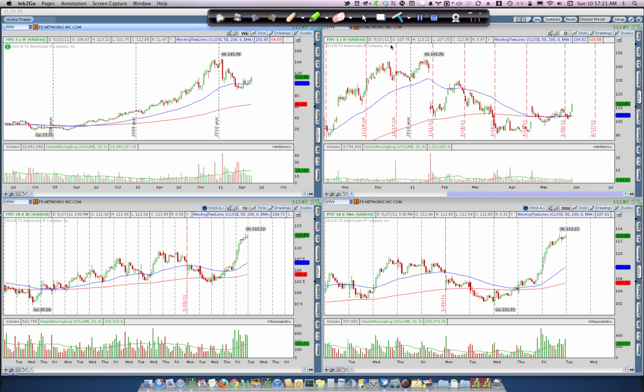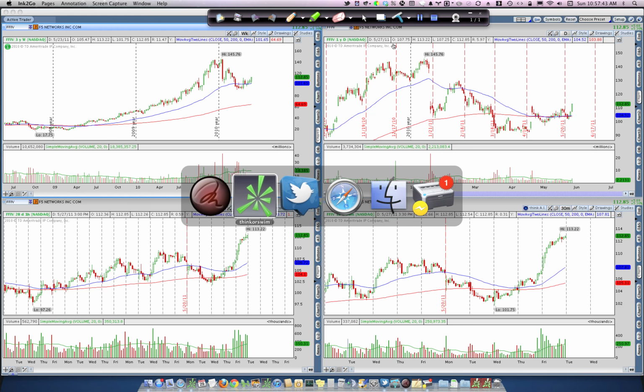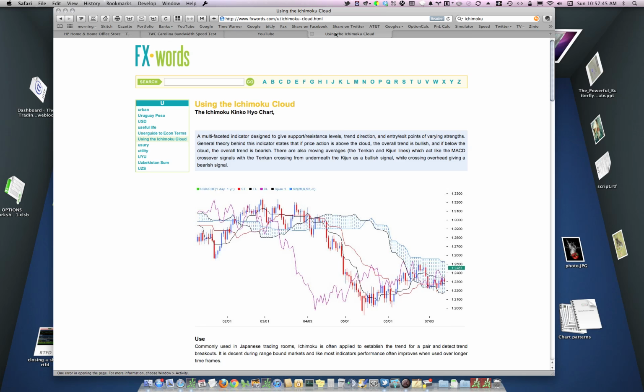I've posted a lot of charts using the Ichimoku Kumo cloud system developed by the Japanese in the 1930s. It's not very commonly used over here in the United States, but if you go to the Japanese trading rooms, I'm told, this is the system that they're primarily using to trade with. If you'd like some basic information in one page on how the system works, I found that this site is